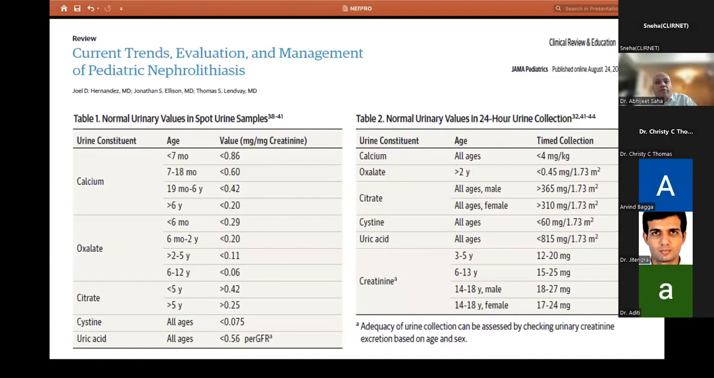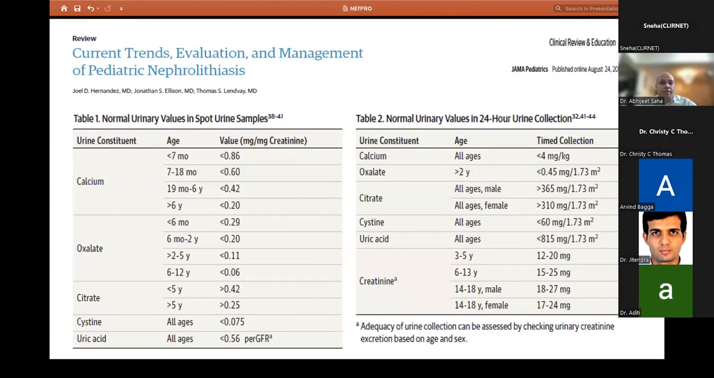So calcium is one of the very important ones. Calcium stones are common, and also nephrocalcinosis. You need to assess the spot calcium creatinine ratio, and the value varies according to the age. Similarly, oxalate is a very important metabolite. Citrate, cysteine, uric acid, they all can be measured on a spot sample and in a 24-hour collection. Now nomograms are also available, normative data in patients with